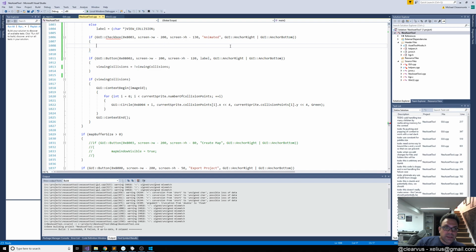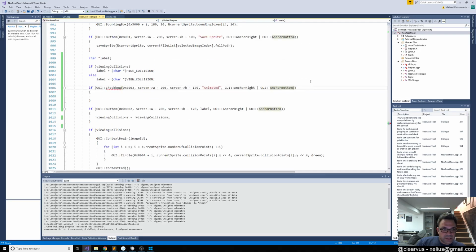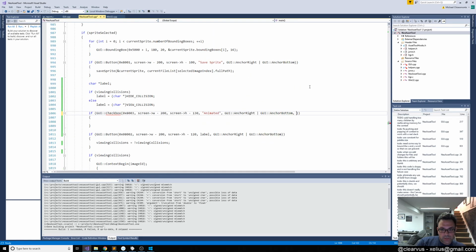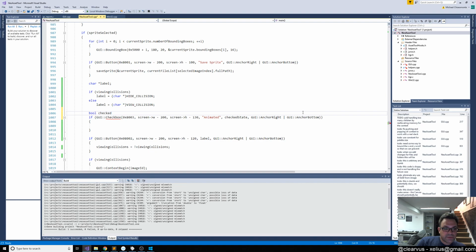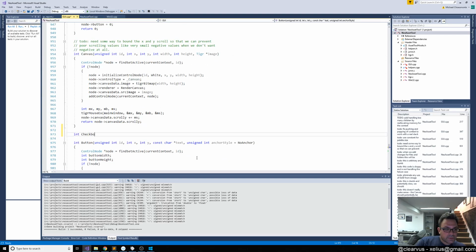Because we want it to trigger based on the change of state. And then we would need to know what the state is. So let's do this. So we'll add that, and we'll say bool check state equals false, and then make that a parameter that gets passed as a pointer. And then we can add that to our GUI code. So checkbox assignment ID Y